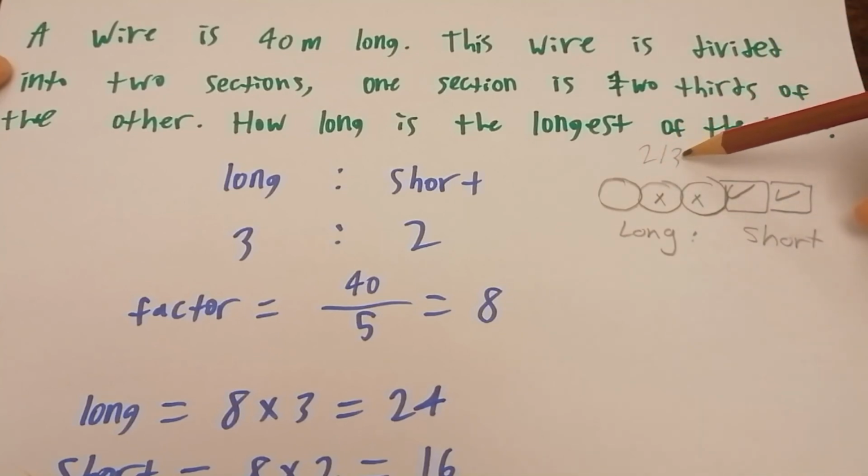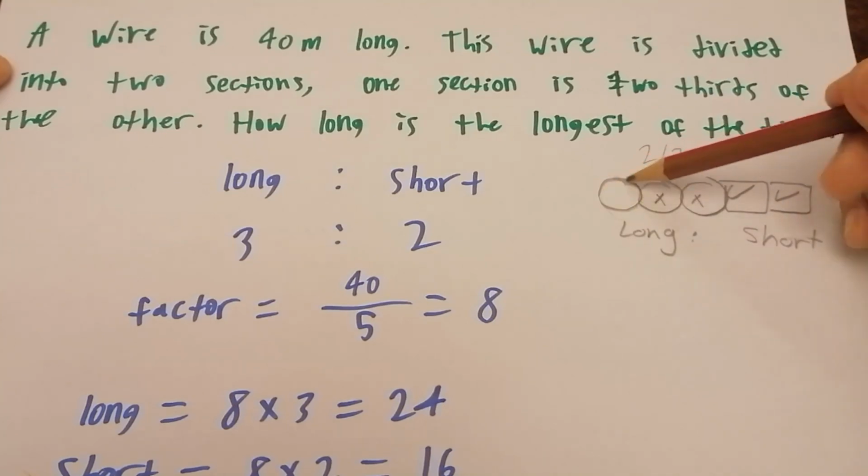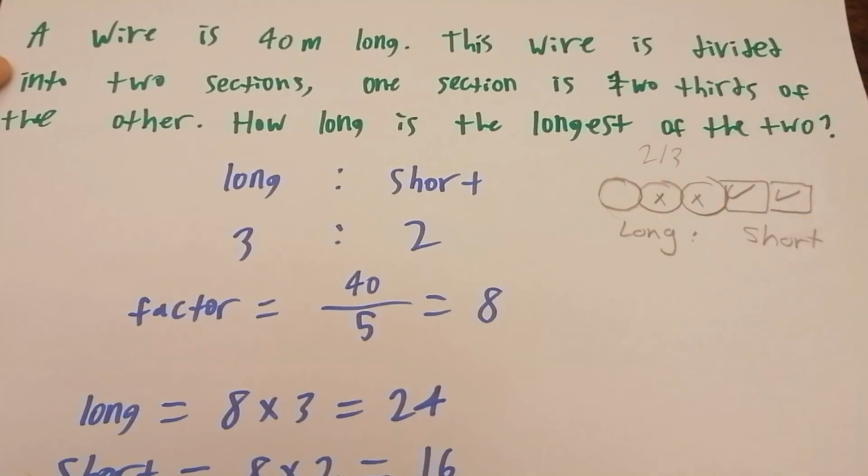And as we can see here, we have a total of 3 in the denominator, so we're gonna draw 3 circles. And in the numerator we have 2. I'm gonna mark 2 circles and write down 2 squares. Now we can see that the total